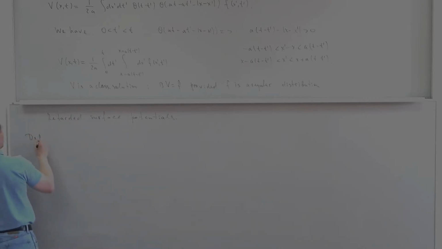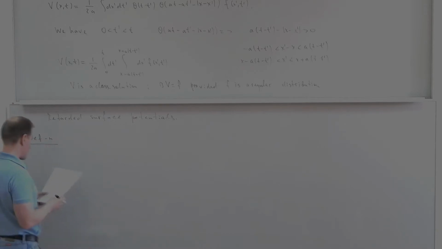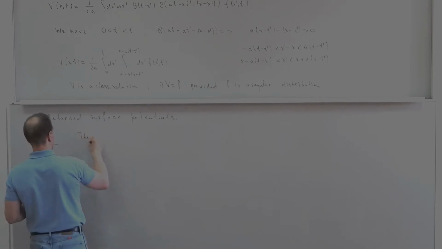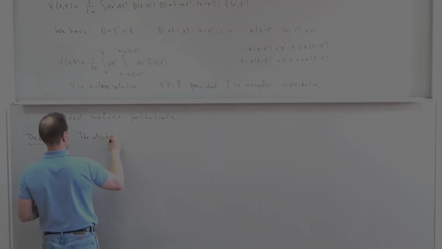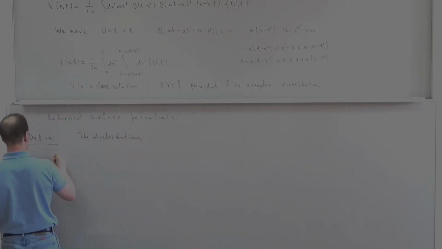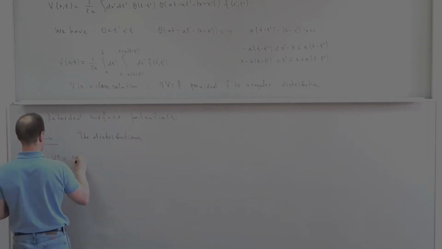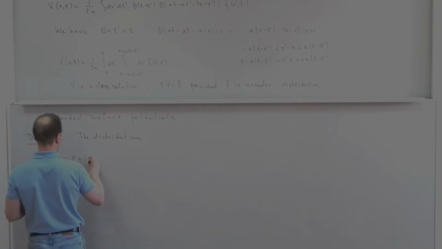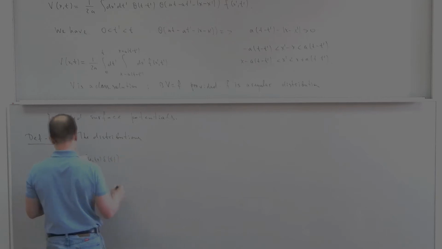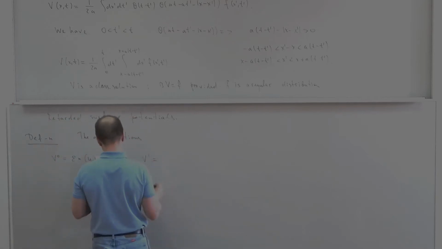Definition. The distributions which are defined by the following formulas: V0 and V1,